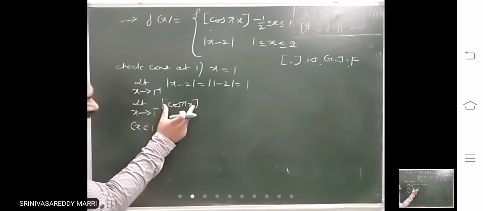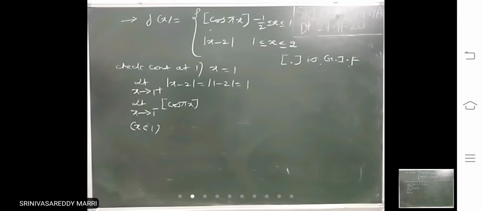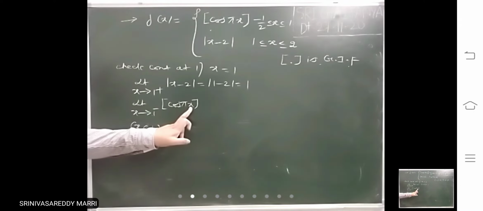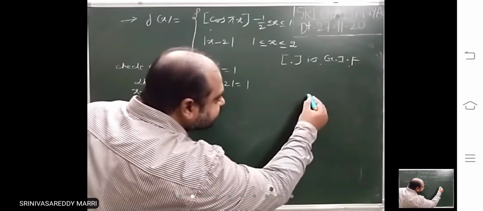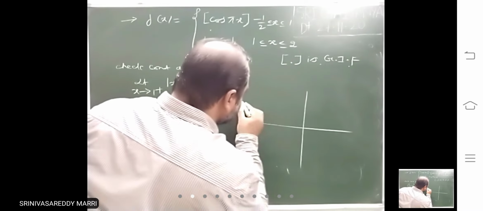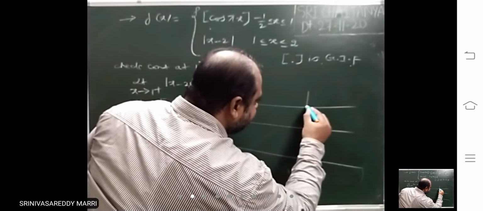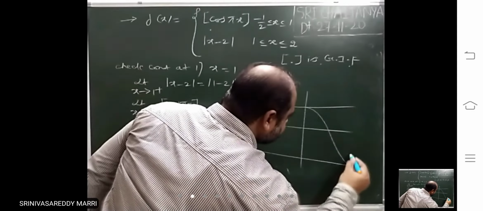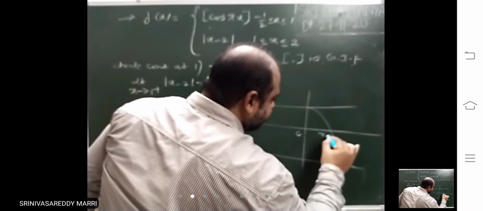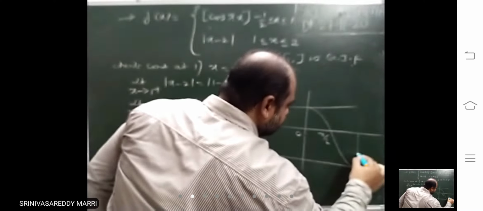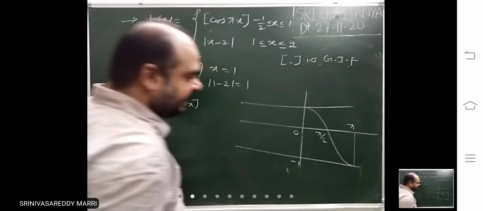So now you have to calculate cos pi x. This pi x is the angle. That pi x will be just less than pi. If x is less than 1, multiplied with pi, pi x will be just close to pi, less than pi. Now you know the cos graph. Consider the graph, till pi you draw. This is 0, this is pi by 2, this is pi. At pi its value is minus 1.